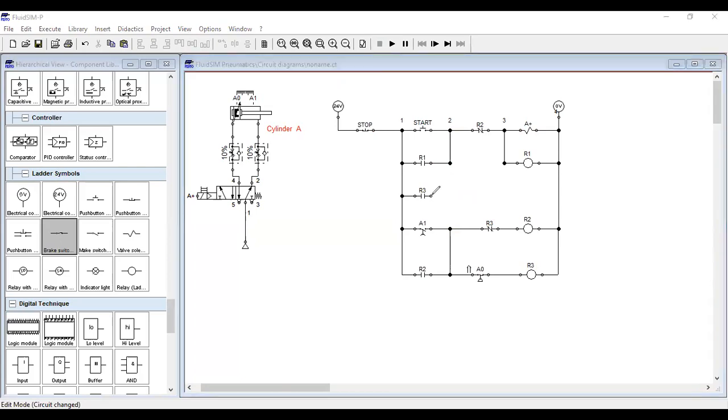So what's the difference between connecting R3 here and connecting R3 at this point? Now, first, if we consider the connection of R3 here, as I've mentioned to you,